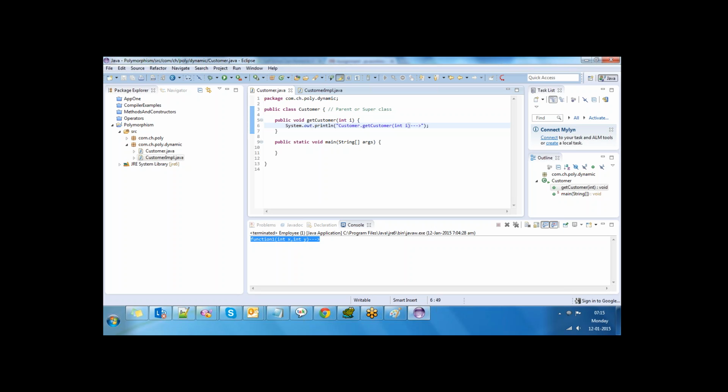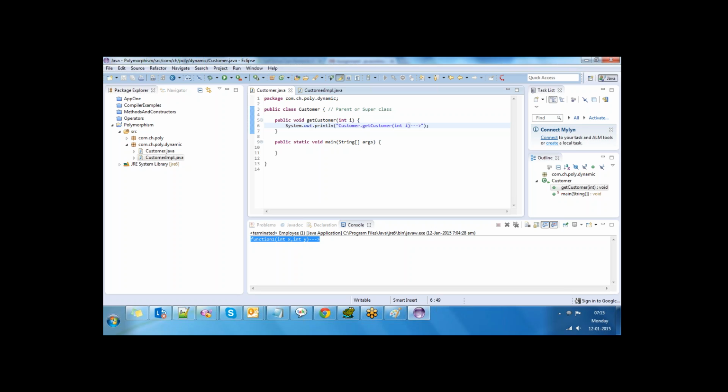In an interview also, don't expect yes or no answers. If you give yes or no answers, you will be rejected straight away. That is called going-home level. You should answer like: the class contains a method public void getCustomer(int i). int i is the argument, and it also has a statement to display the customer.getCustomer(int i). Like this you should explain.